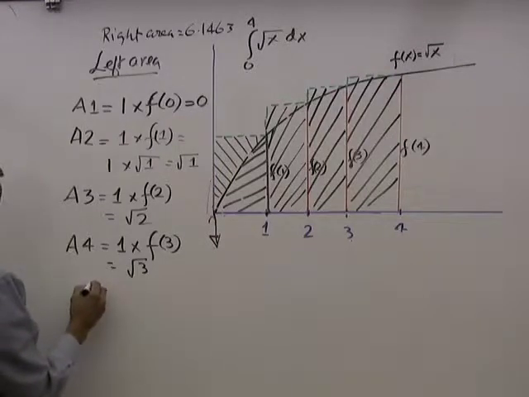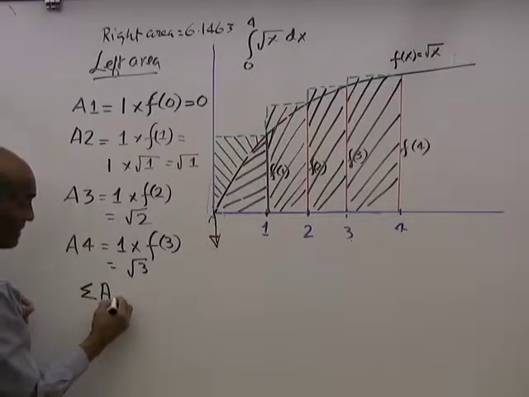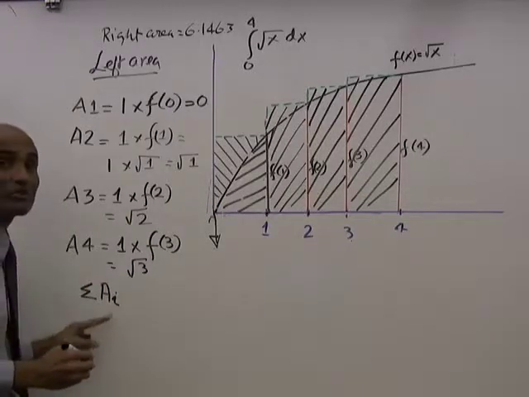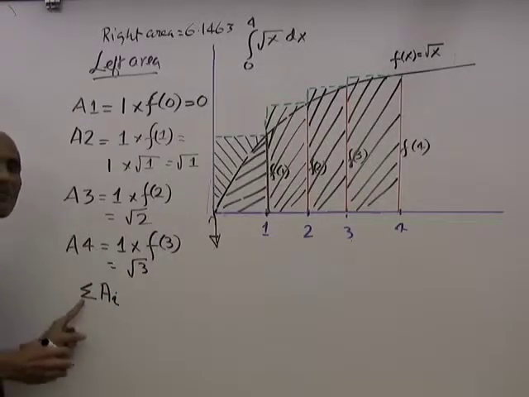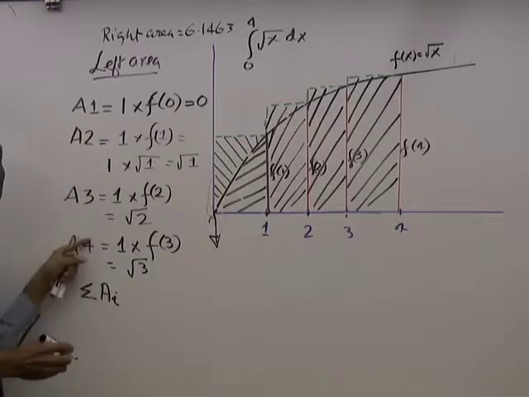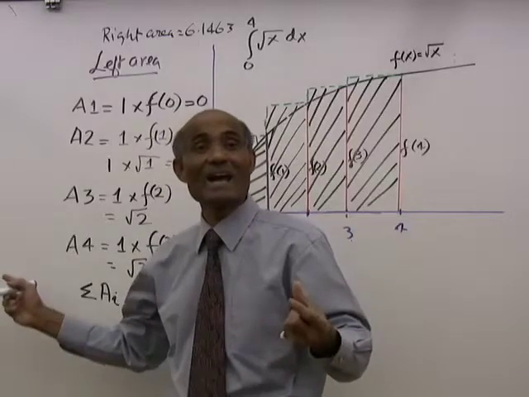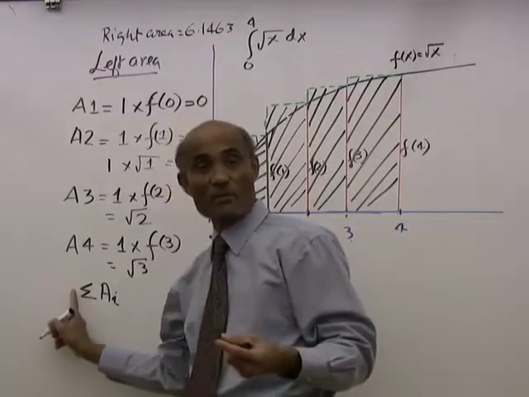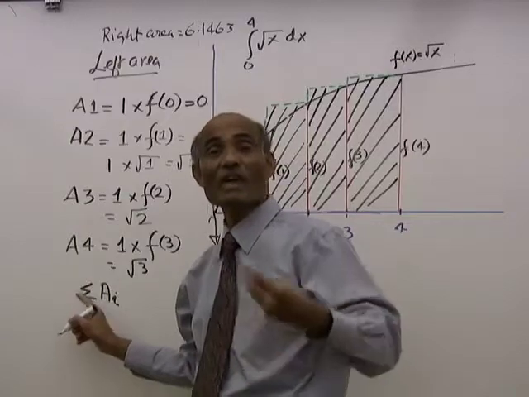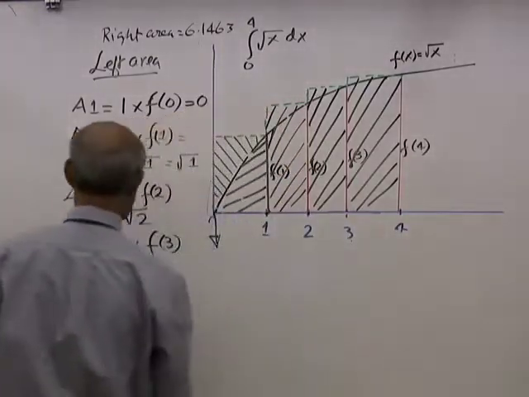I'm going to write it as the total area is the sum of all the A's, or can I call it sum of Ai? I'm going to introduce that in a minute. What does that mean, sum of Ai, where i can change from 1 to 4? i can be 1. When i equals 1, it will be A1. When i equals 2, it will be A2, and so on. Summation of Ai means A1 plus A2 plus A3 plus A4. All right, equal to